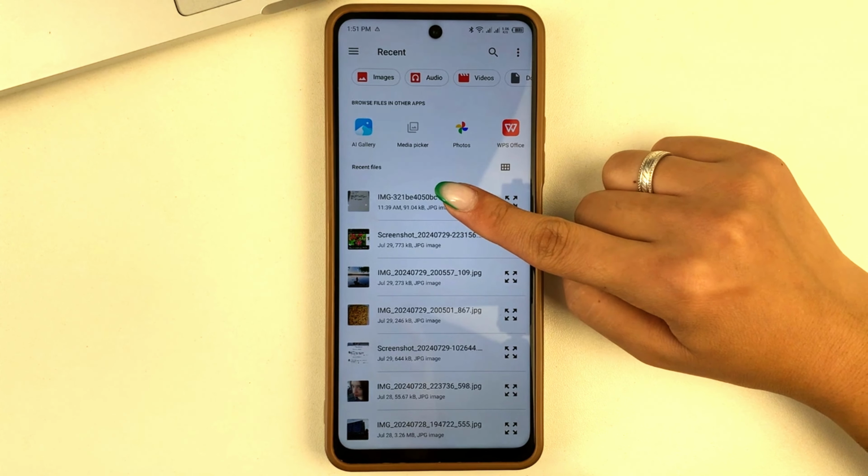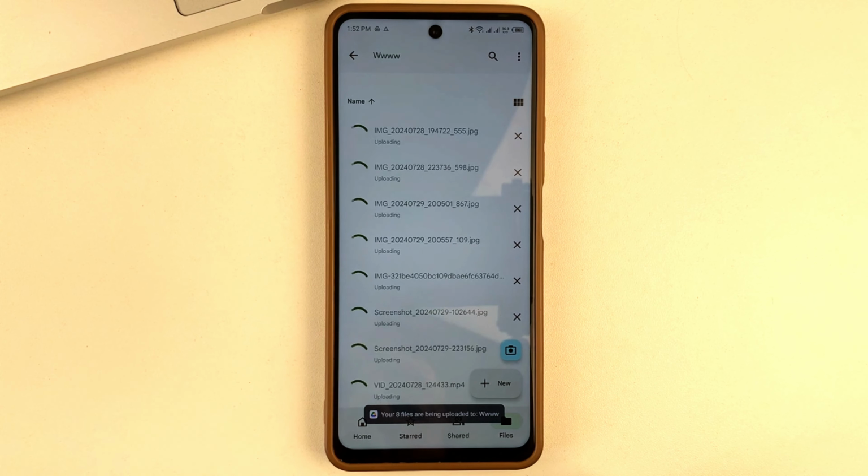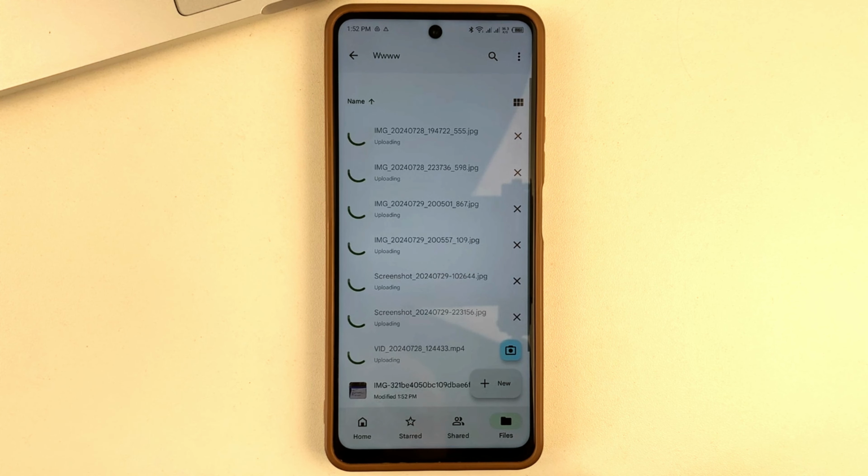Basically, an application like Google Drive gives you 5 GB of storage for free. You can easily use it to transfer photos. You can completely fill these 5 GB of storage with photos. And after you select the photos you want, click Add at the top. Wait for all the photos to be added to your newly created folder.